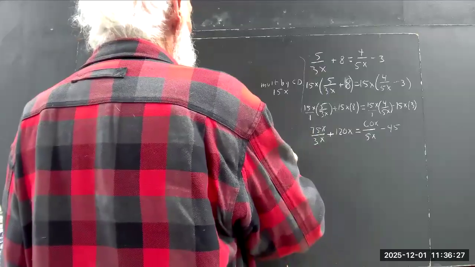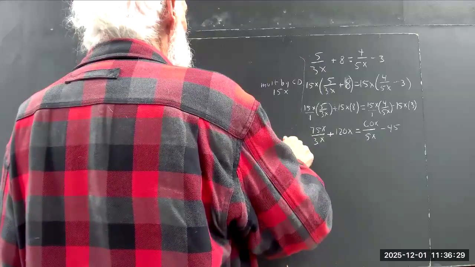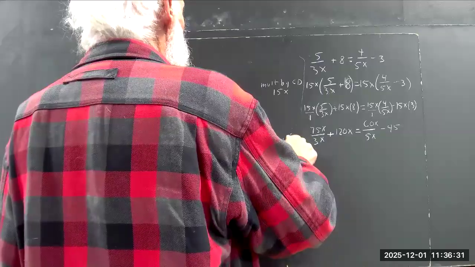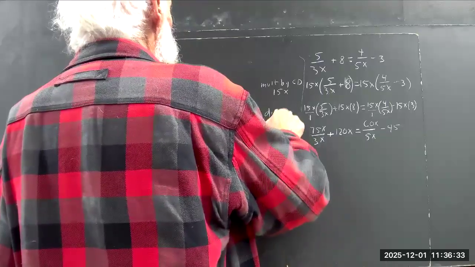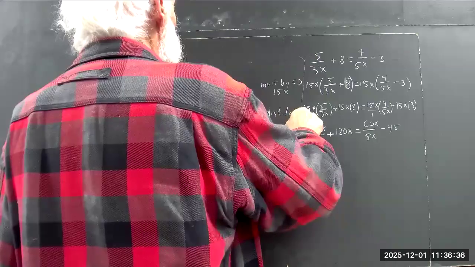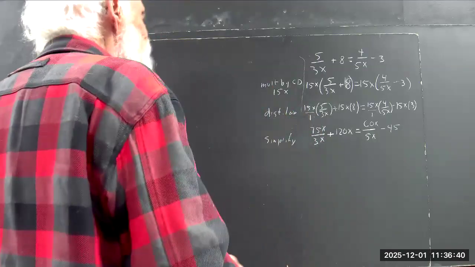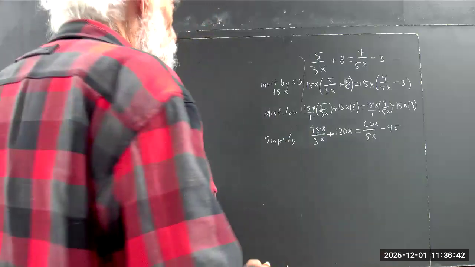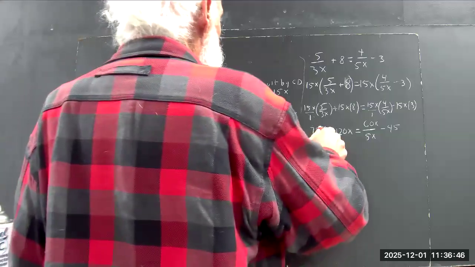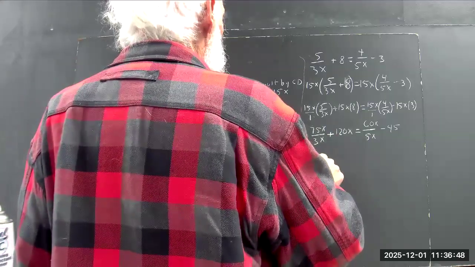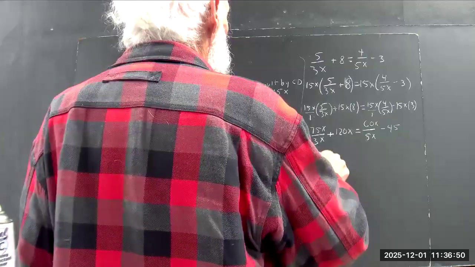75x divided by 3x. Incidentally, I should have written distributive law here. I want you to follow the form that I'm using here. 75x over 3x is just 25